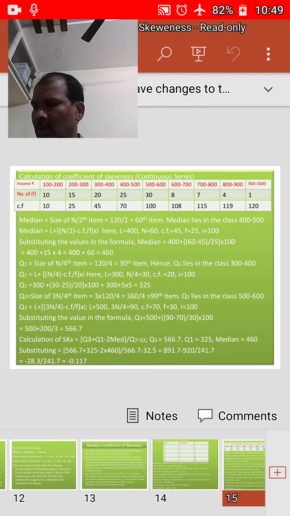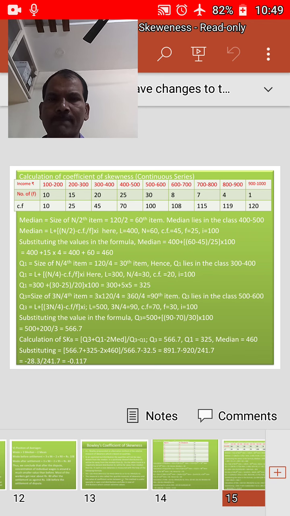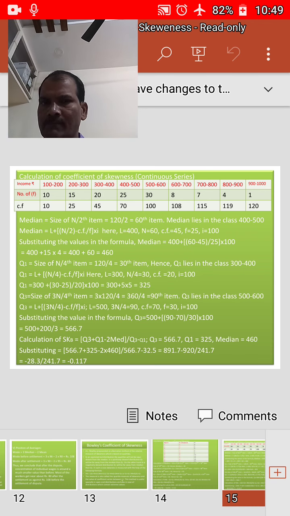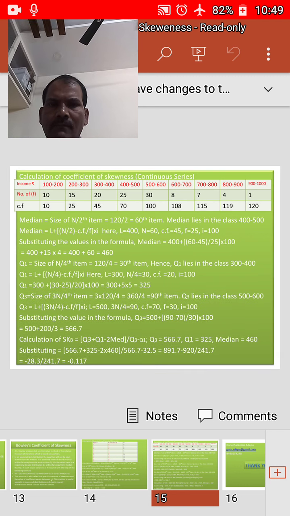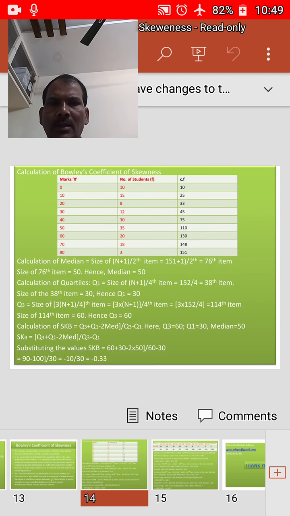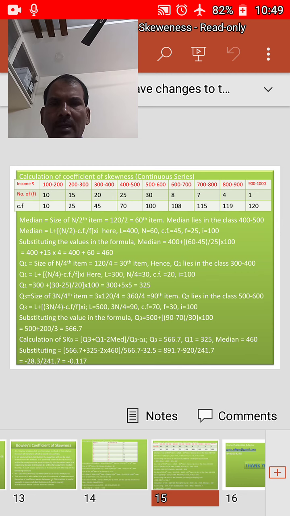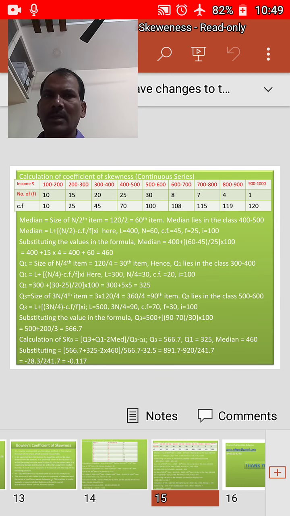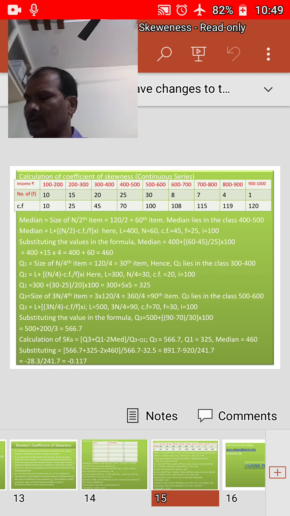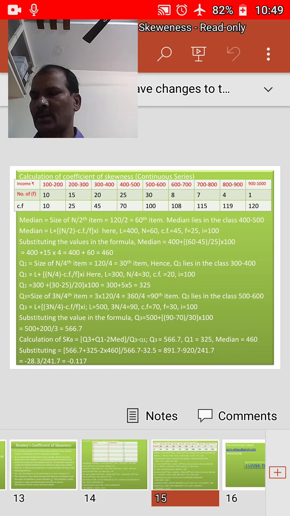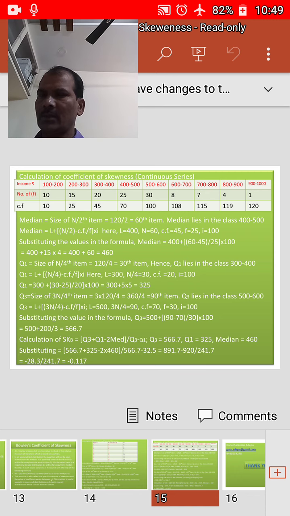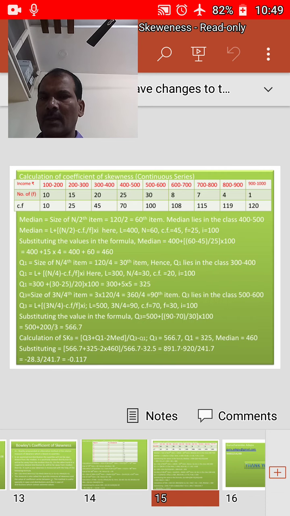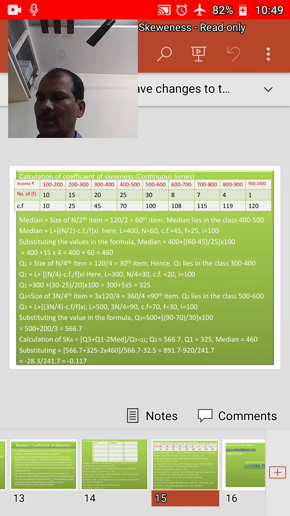that is given here. It was entered twice, but here we will consider it. Another problem is given in continuous form, but I am not able to enter this, but I'll explain that. Calculation of Bowley's coefficient of skewness. Given here: 100 to 200, 200 to 300, 300 to 400,